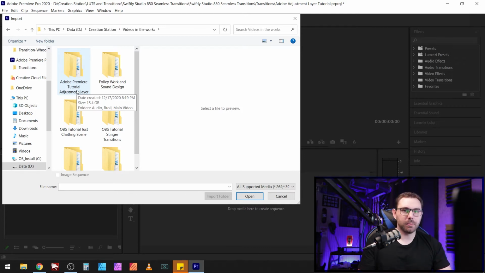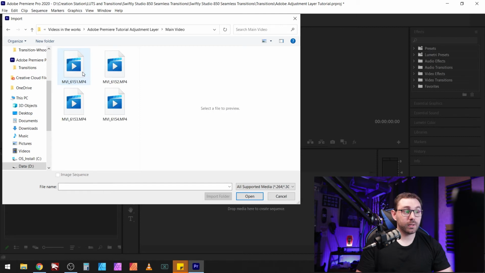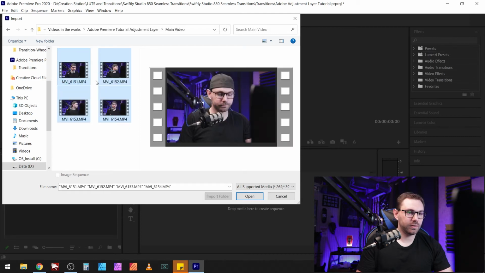I probably, like once a month, go through it and dump it onto an external hard drive, actually it's sitting right here. Eventually this will be filled up and I'm going to have to get another one. So we're going into the adjustment layer folder. Got 4 video files here,